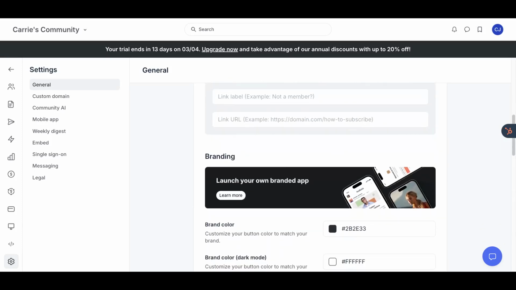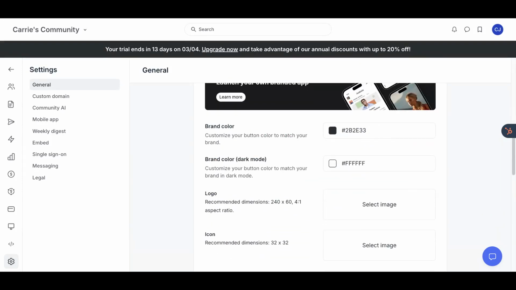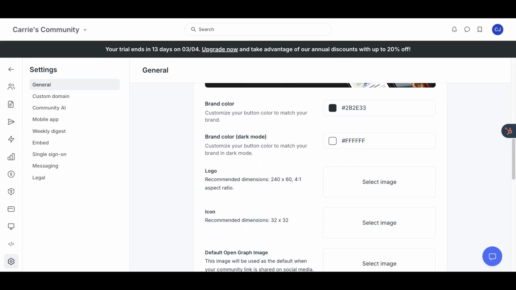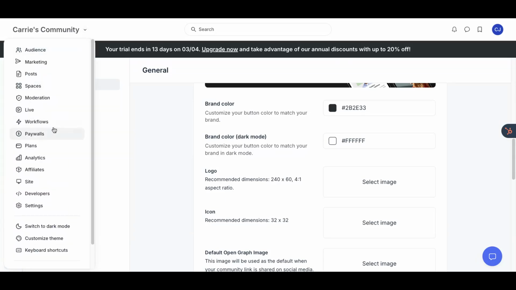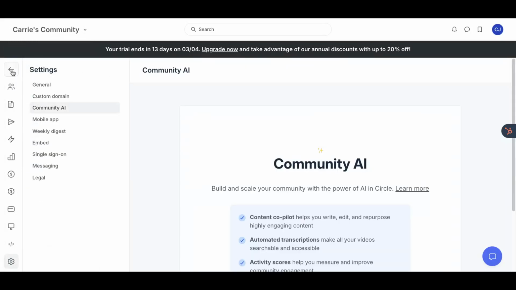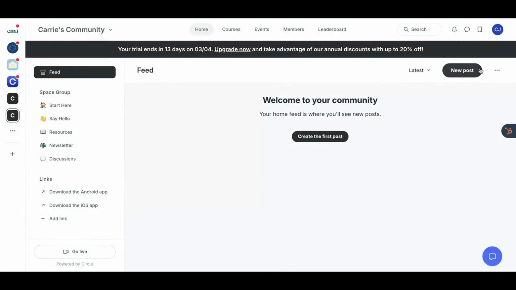And then you get down into the branding. This is where things get fun. So this is the beginning of theming inside of the community. So you start to make it your own. You start out with brand color. What's really strange about the brand color in Circle is that it's in your emails, it's in the call to action links, but also if I go back out to the main feed, it's this color here, this color here and this color here. So it's actually not that prominent of a color.